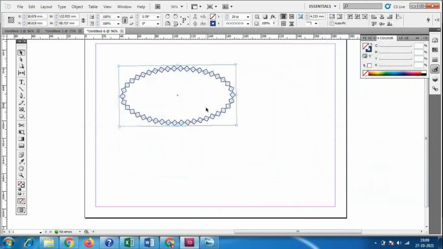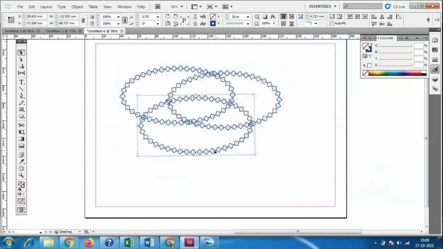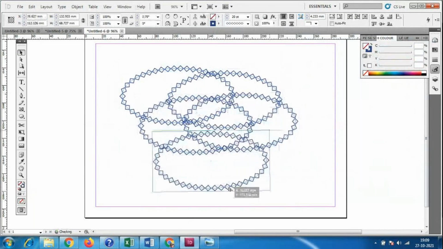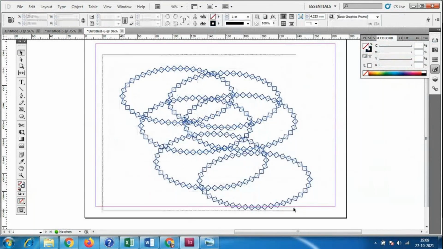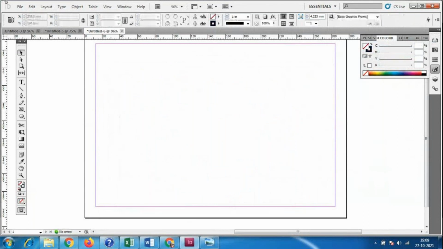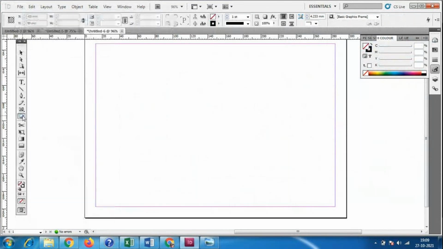So whatever things we placed here are visible, because we don't have any fill color. That's why I have taken a duplicate copy of this. I'll select everything and delete it. Next we will go for the polygonal tool.